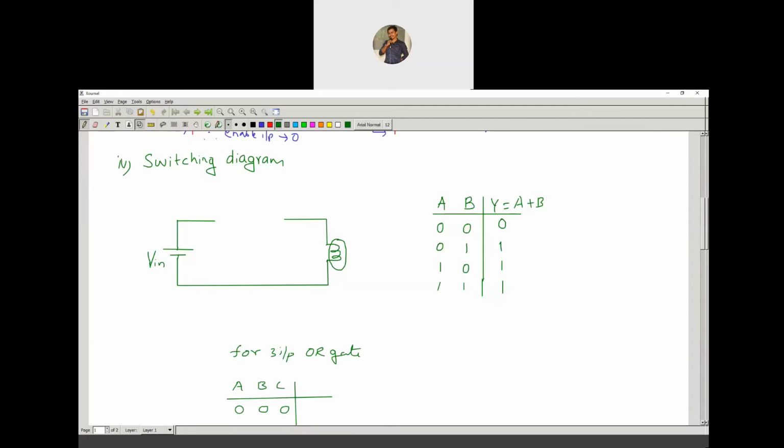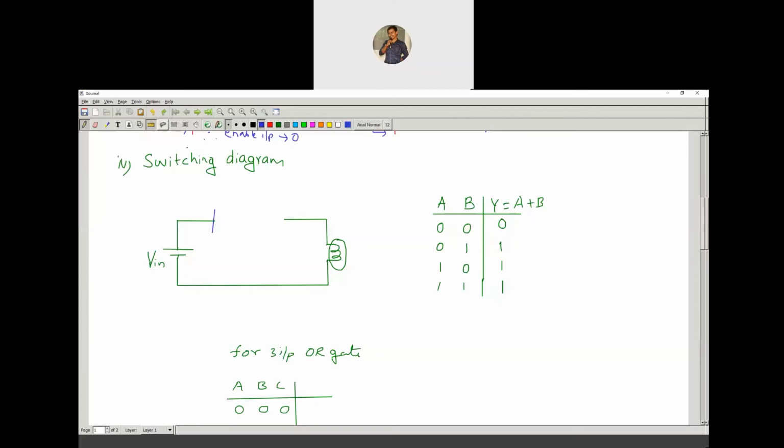Whether those are to be in series or in parallel? Observe the logic operation for the OR gate, and by observing this truth table, tell me, is it parallel? One person is answering parallel. Right, well done. So obviously it is going to be parallel. It means if at least one input is 1, then the output is going to be logic 1.